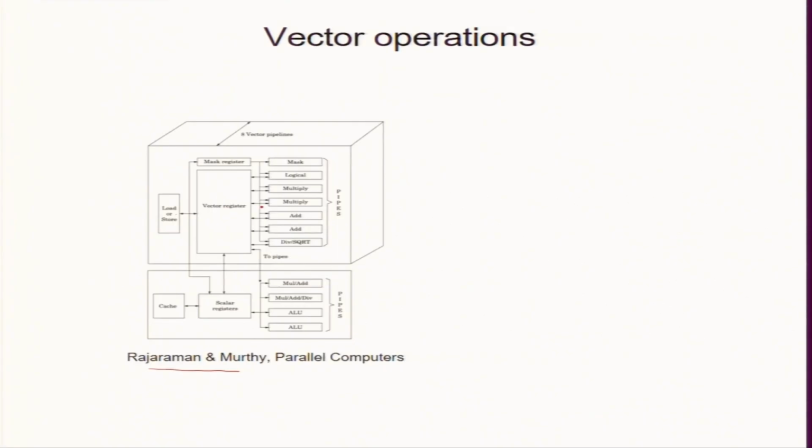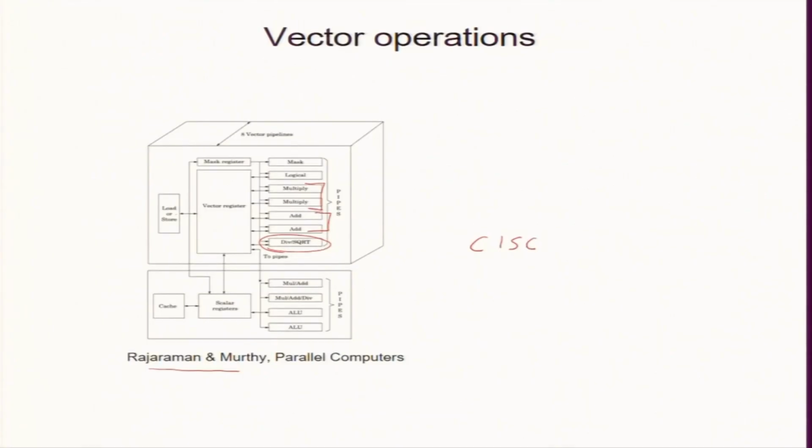This is a real implementation, and Cray was one of the first computers to employ this. Earlier the number of registers was small, but Cray said, I will make hardware which will have more specialized operations for computing for HPC. This is one such example. You can have 2 multipliers, 2 adders, div and square root. So, this can do a square root in 1 clock cycle. So, this will be a complex circuit.